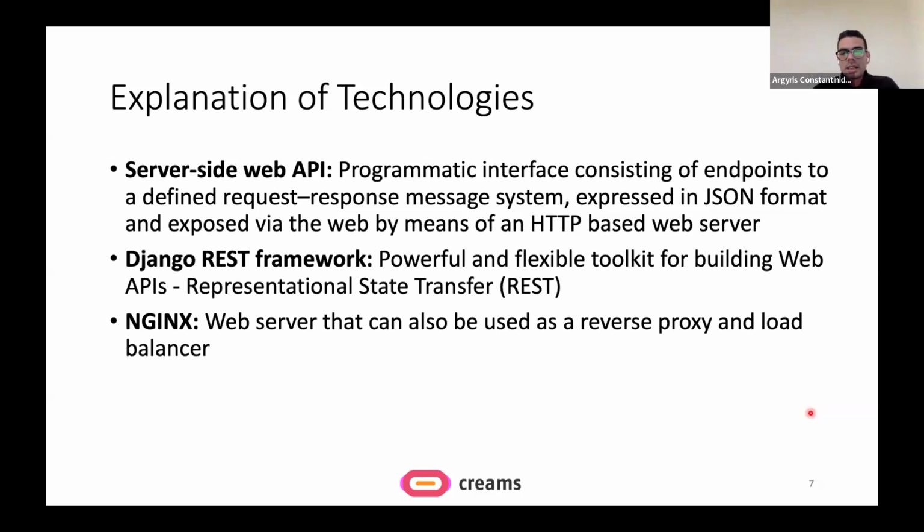For Nginx, this is used only in the live system that is currently live and is used as a production system, if you wish, which acts as the web server that sits in front of the server-side web API.